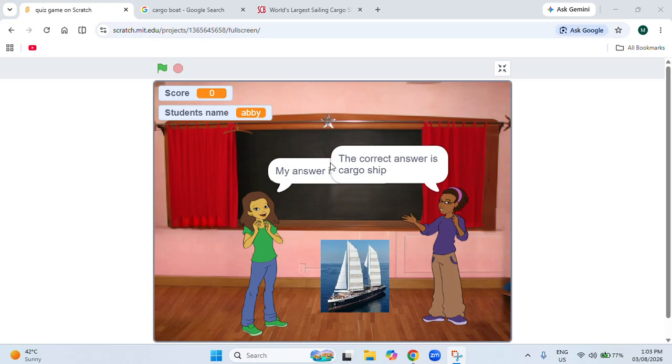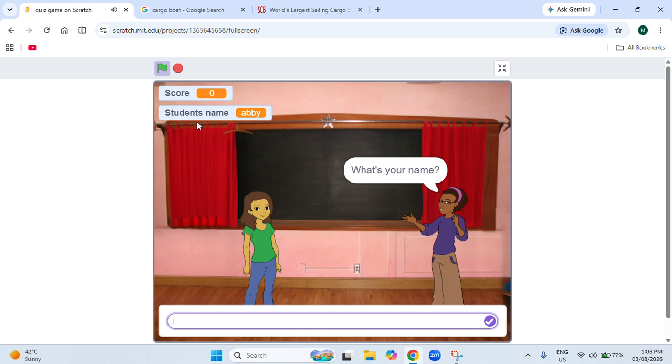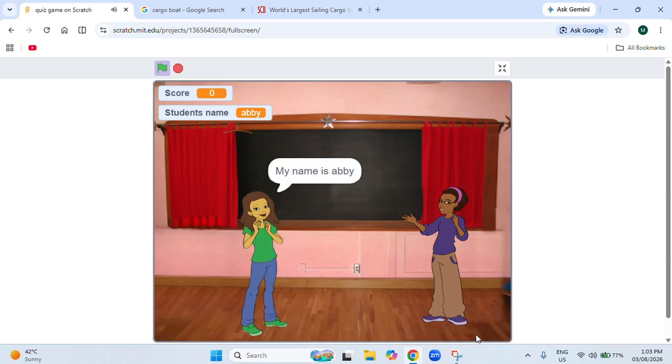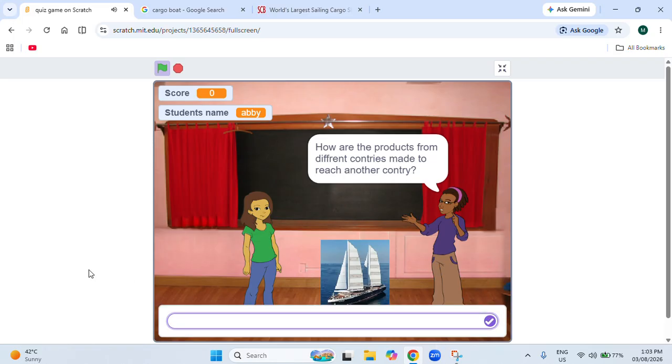So now let's start this game. What's your name? I will write Abby. My name is Abby. Name the type of transportation shown in the picture. Question 1: how are the products from different countries made to reach another country? Alright,